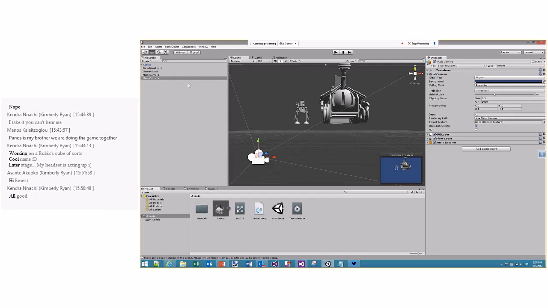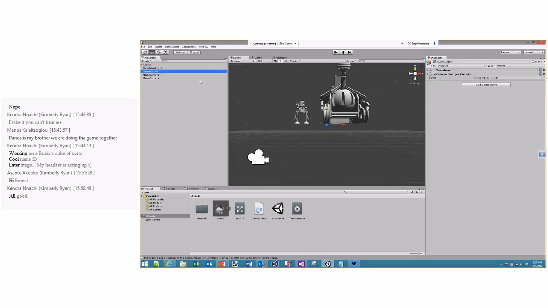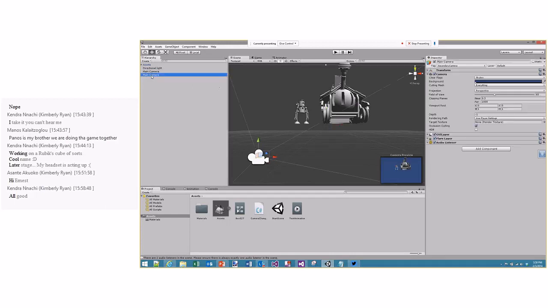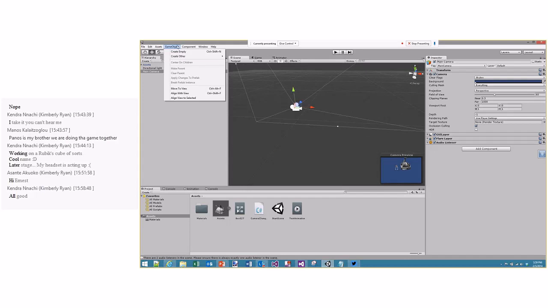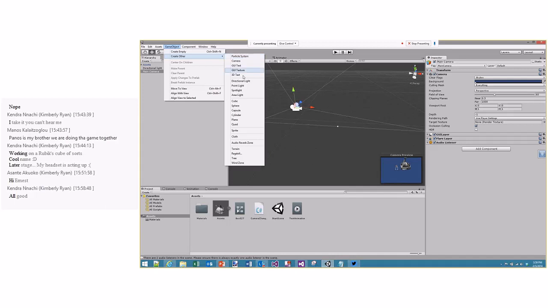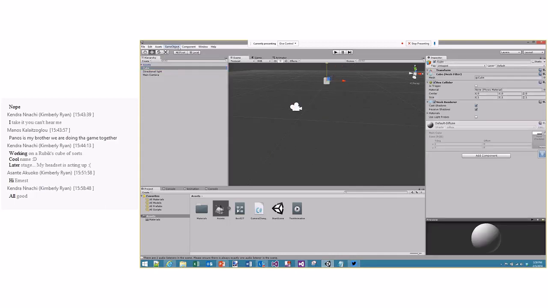So let's head on to primitives. I'm just going to get rid of this game object because I don't need it right now, and I'm going to get rid of the secondary camera and put back my ignore. So one really cool thing is Unity under GameObject, Create Other, has a whole bunch of primitives that we can use. So we've got a cube,